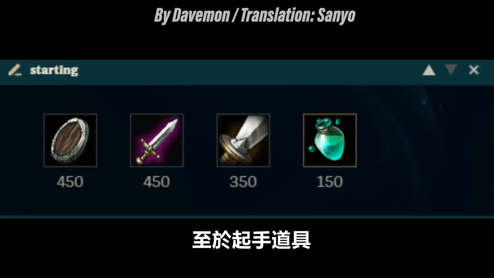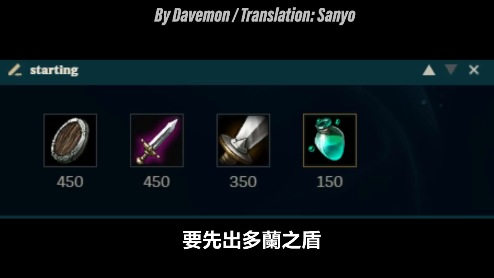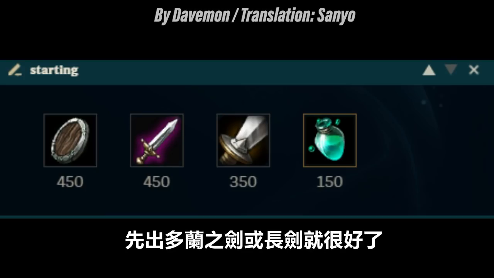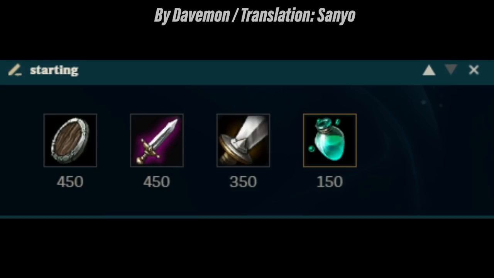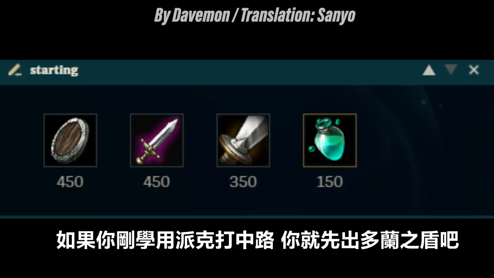For starting items, it's going to be dependent on the matchup. In a poke lane, someone like Cassio, Orianna, Ryze, or Yasuo, you should start D-Shield. And against assassins like Katarina, Zed, or Qiyana, Long Sword or D-Blade start is very good. D-Shield start is the most forgiving, so if you are just now starting to learn Pike mid, you should start